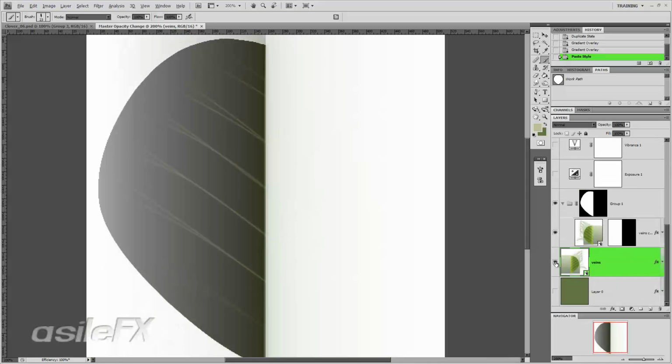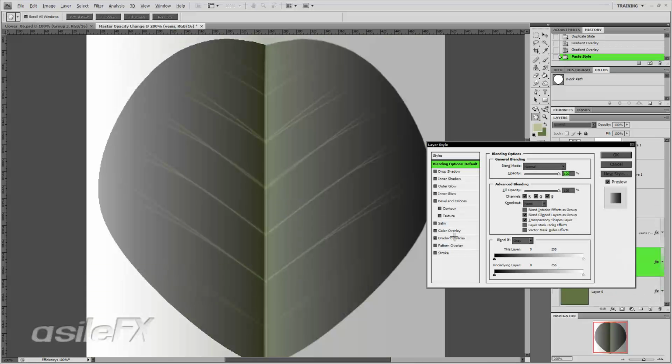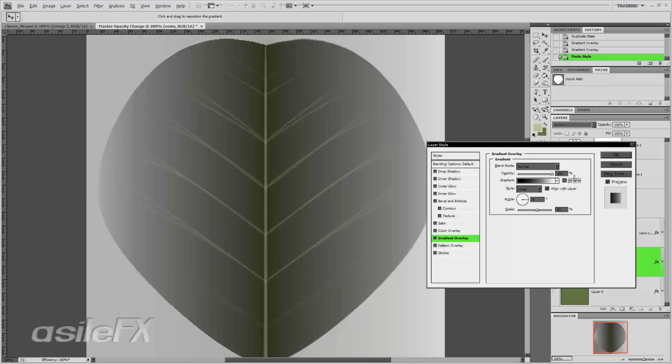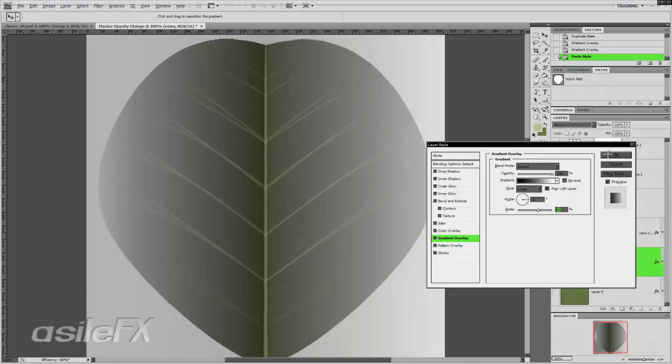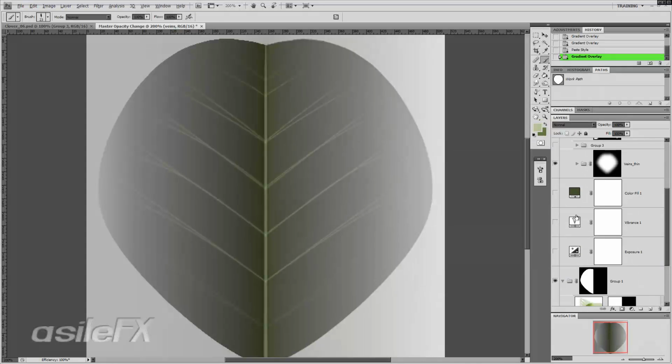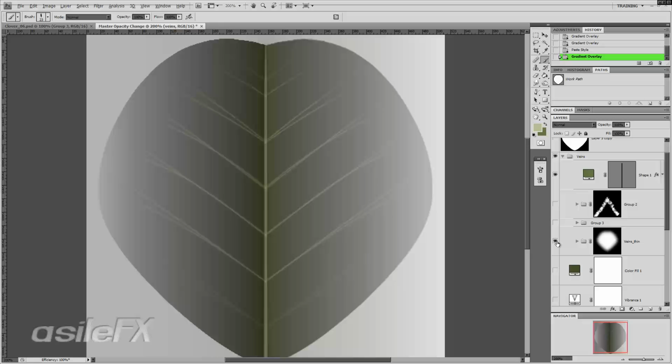I am going to need to go into that other gradient and turn off the reverse. We can also adjust the scale a little bit to add an amount of variation so it's not perfect on both sides. That'll really help pick up highlights within the map. Okay, so our veins,